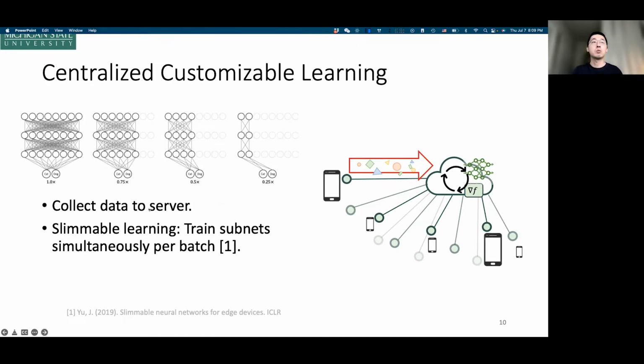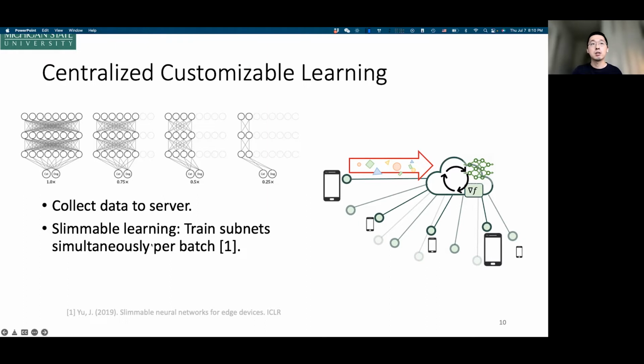So we have to first collect a large volume of data from multiple devices like mobile phones or whatever devices you can get in touch with, collect all their data to a central server, and in this central server, you can apply the traditional idea called slimmable learning to train different subnetworks simultaneously.